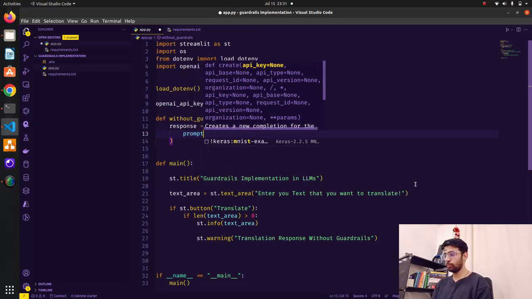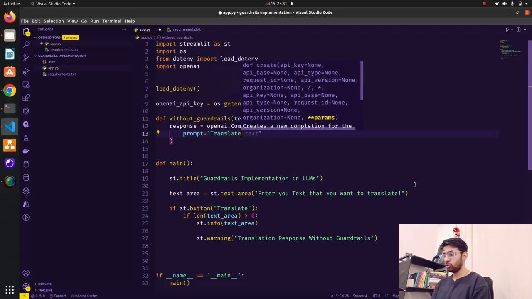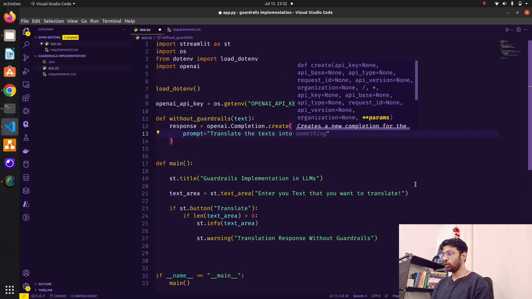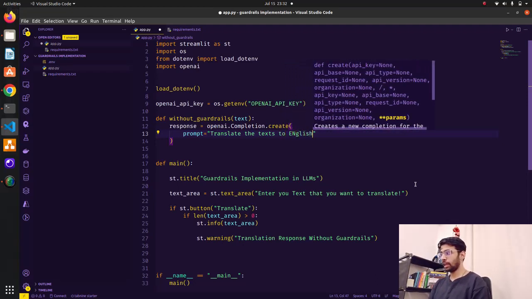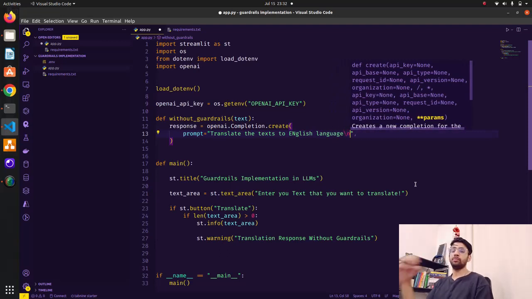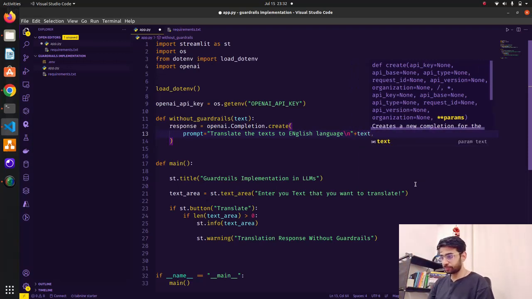Our prompt should be something like translate. So let's write this prompt, guys: translate the text to English language. Then have a \n, because whatever prompt you pass should be in the next line. I'm just going to pass text here.